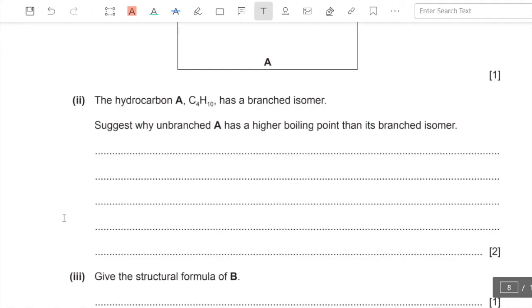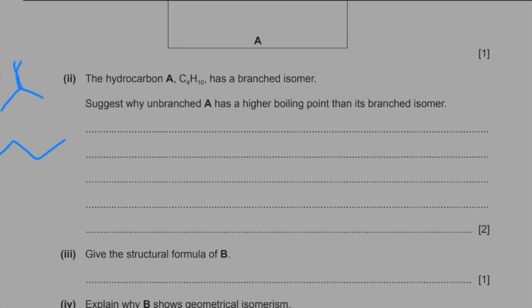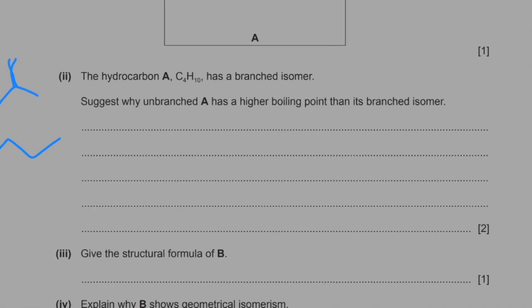suggests why unbranched A has a higher boiling point than its branched isomer. Alright, let me give you an example over here. Say this was A that is not branched and this was its branched isomer. The boiling point depends upon the intermolecular forces between these two molecules. For A to boil, the temperature would have to overcome the intermolecular forces or the forces of attraction between these